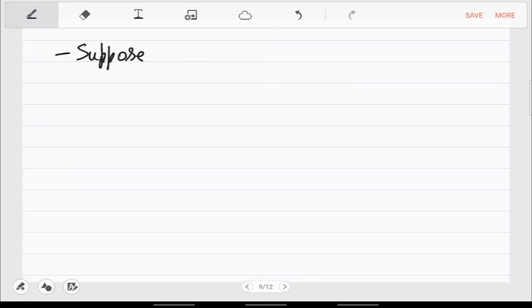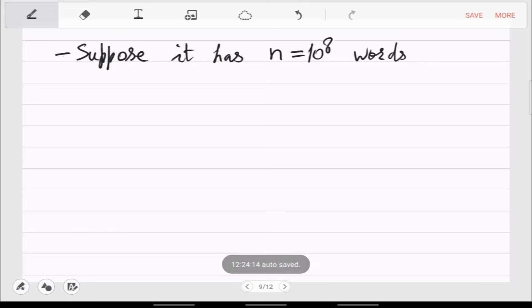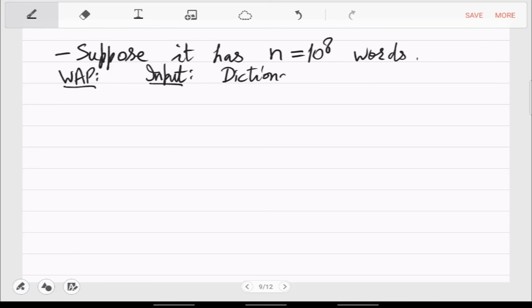Suppose a dictionary has n equal to 10 to the 8 words, so 100 million words or names. What you have to do is write a program whose input is dictionary A and word S, or string S. And in the output you want to say